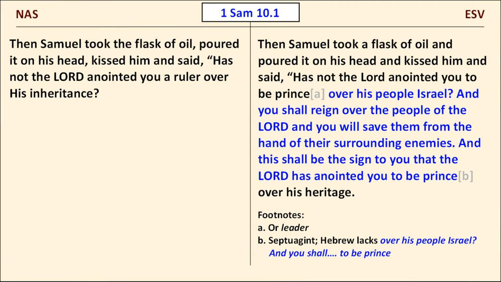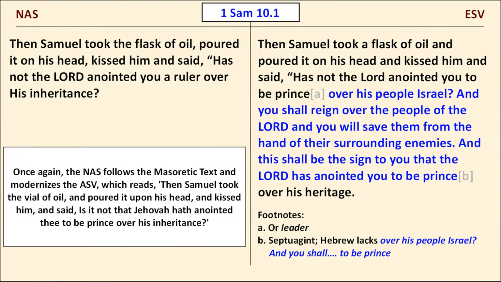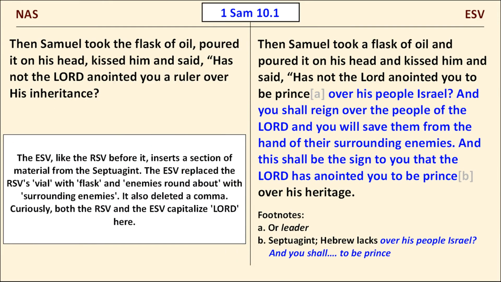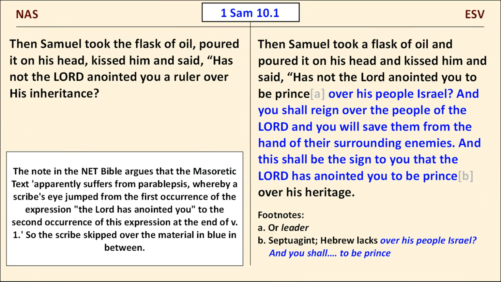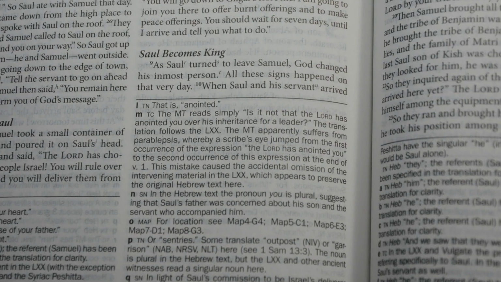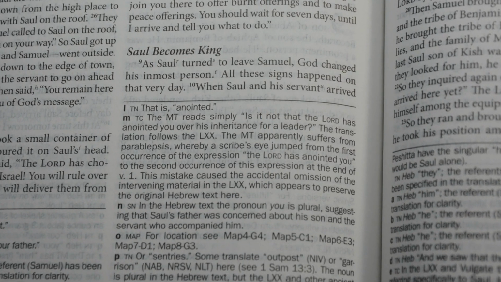Just to remind you, the theme of this section is that the ESV follows the Dead Sea Scrolls and ancient translations more frequently than the NAS does. In this case, we see a somewhat lengthy section of text in the ESV, which is not present in the NAS. The shorter version of the passage is based on the Masoretic text, which the NAS follows like the ASV before it. The ESV once again agrees with the RSV and inserts the material in blue from the Septuagint. The NET Bible provides a note that explains how the text may have disappeared from the Hebrew manuscripts during the